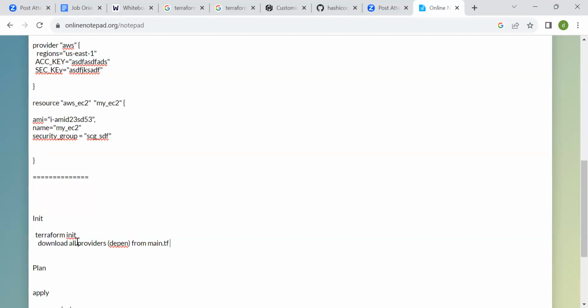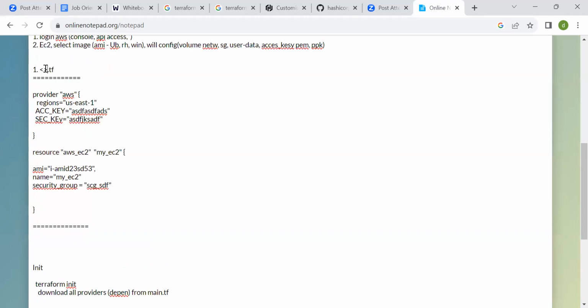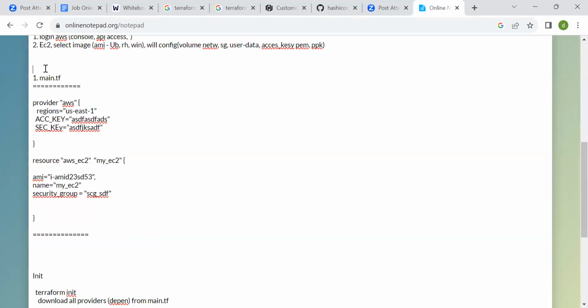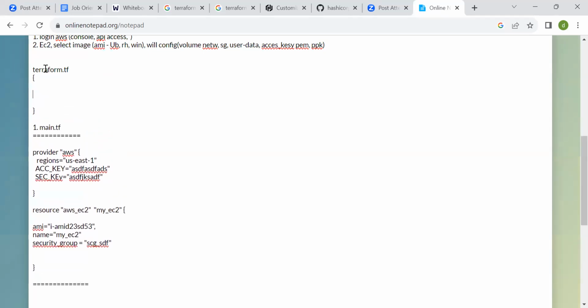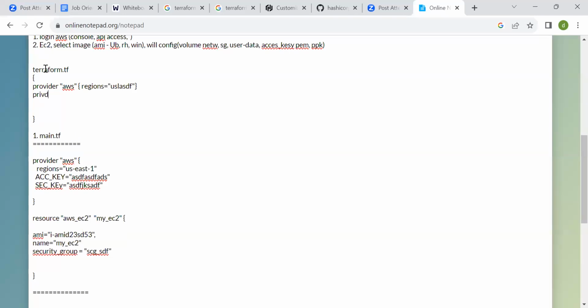Otherwise, some people will create another file called terraform.tf itself, and in it they'll provide the different providers. For example, I need to work with AWS, this is the region, and this is the value of it, and at the same time I want to work with